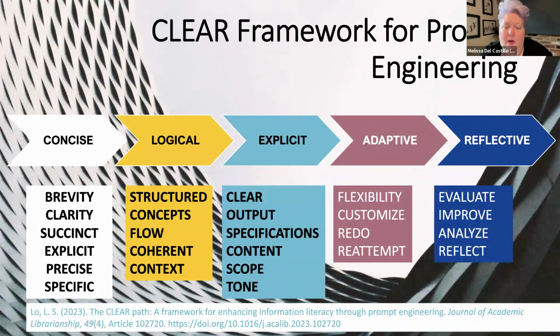The next two kind of go hand in hand, which is being adaptive and reflective. So you ask it to write a paragraph on AI art. You read through it and you say, okay, but make it more academic in tone. Being able to look at what it's generating, think about it, being reflective, and adapt by saying you want to change the tone. Maybe you say, give me more, these aren't adequate. But having that conversation with this GPT model